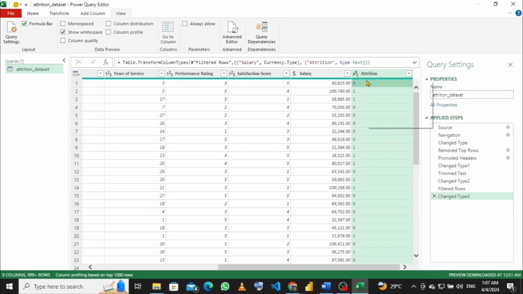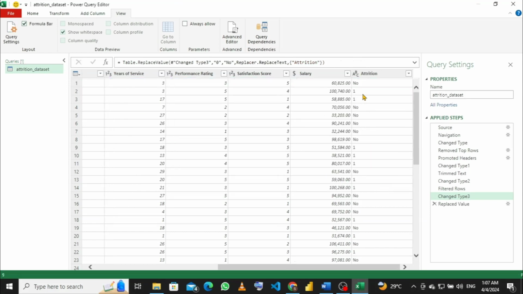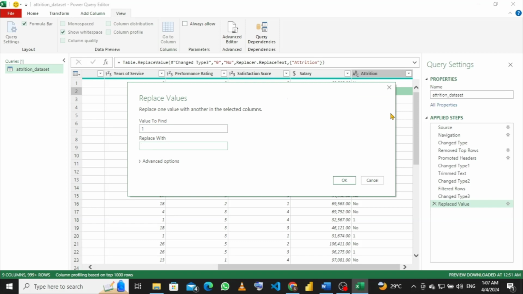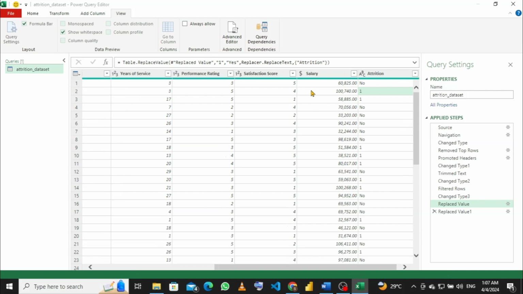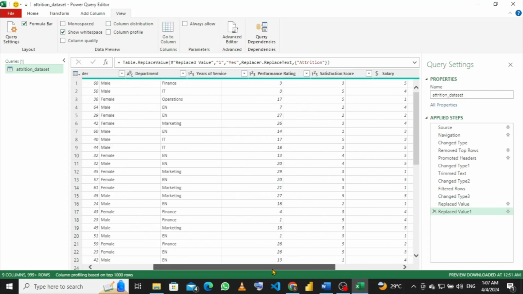Then we right click on this, then we say replace value. We change 0 to no, then we click on OK. The 1, then we click on replace value, then we click on yes, then we click on OK. So now let's start doing